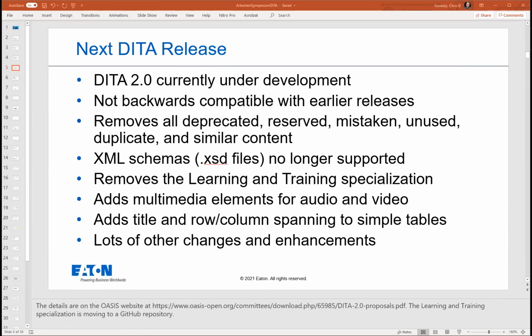So for those of you already familiar with Ditto, I'll talk a little bit about the next Ditto release that is upcoming. It's actually going to be a pretty big change to Ditto. So Ditto 2.0 is currently under development. A huge change here is that Ditto 2.0 is not backwards compatible with earlier releases. That's because they're really taking the opportunity to dive into the standard and remove all sorts of tags and content and features that are either not being used, that they had previously deprecated in another release, that they were reserving